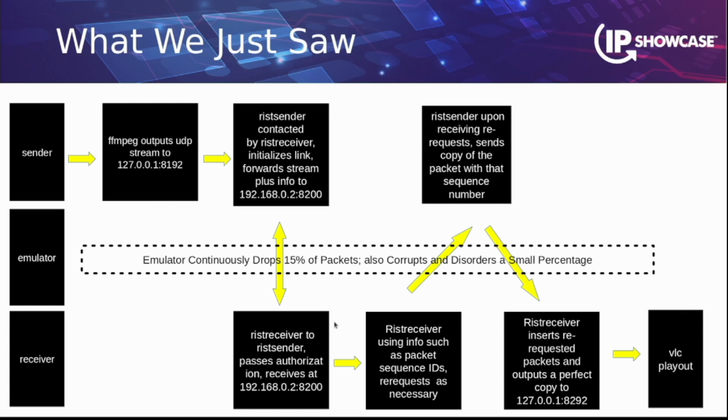Then we come down here. This is in a laptop, the RIST receiver. We started it, and we tell it to connect to the RIST sender on the black box with authorization and encryption. The receiver then establishes a tunnel, starts receiving the data with the information that it's required, and it sees a lot of packet loss, and it requests the packets, and they come back, and fill in the gaps in the buffer, and it outputs, with a latency equal to the buffer, the perfect video